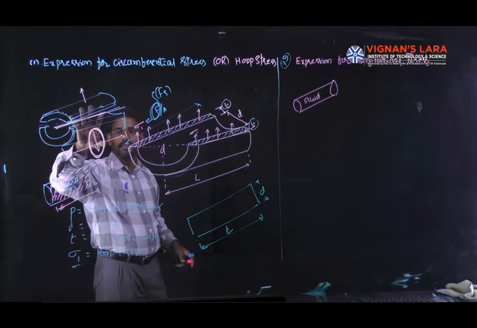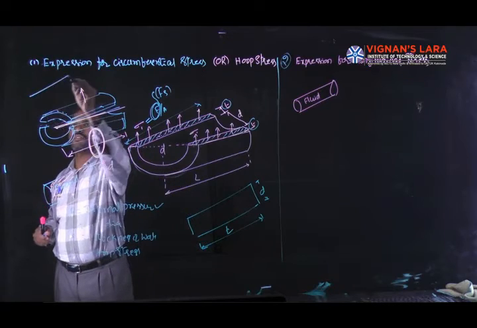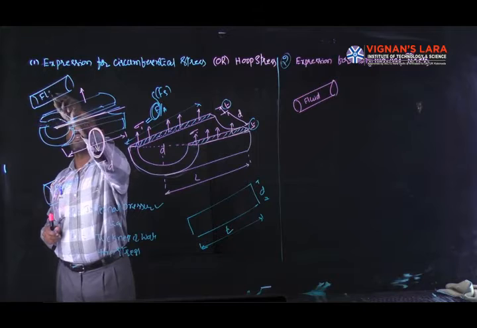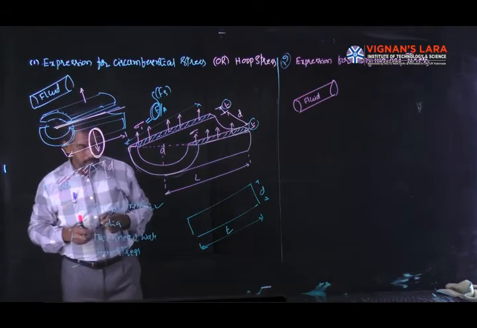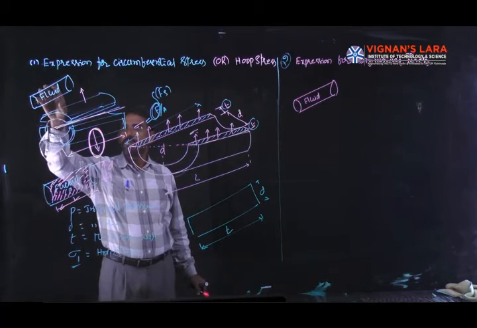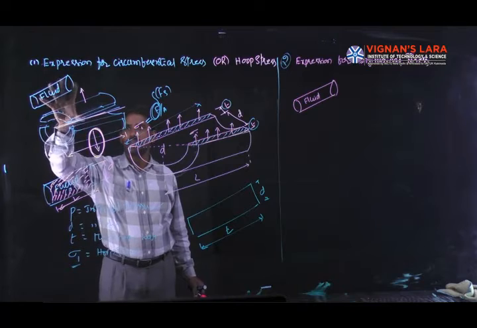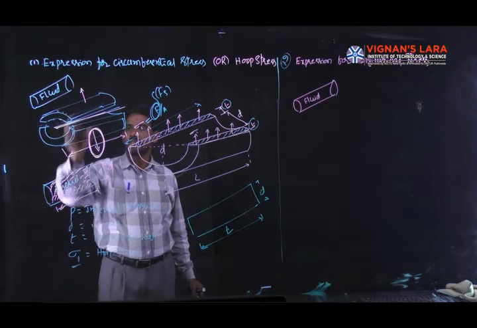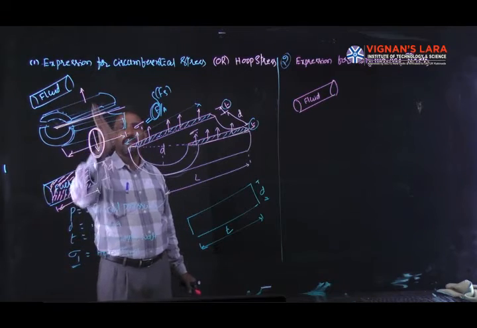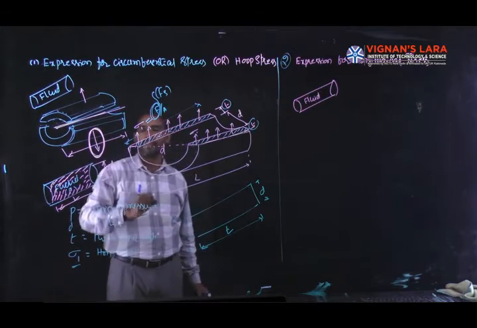This is a cylinder with a fluid. Whenever bursting takes place due to the fluid pressure acting circumferentially, the failure takes place circumferentially. In that case, for equilibrium condition, the material should offer resistance to the failure.